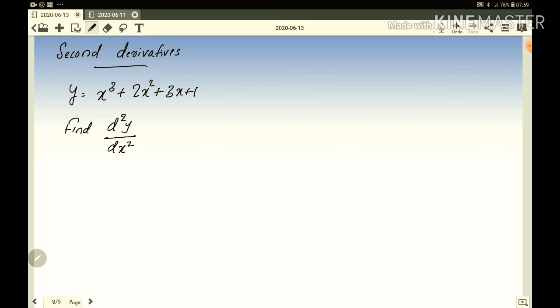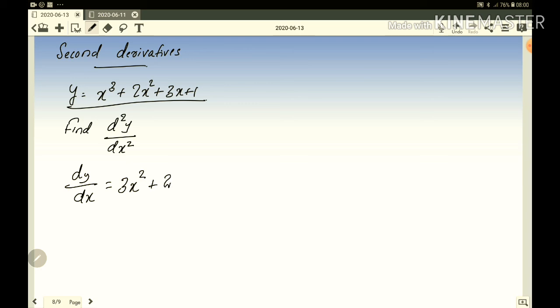Y is given. First you have to find dy by dx. So what is dy by dx? Straight away we can differentiate, because there is no bracket, there is no denominator in terms of x, and there is no root. So I'm differentiating x cube to become 3x square. I'm just writing like this. I hope you know, because the power is 3 minus 1. So I'm just writing 2. Once you are good in this one, don't write 2 minus 1, 3 minus 1. That minus 1 is in the rules for differentiation. Just straight away we can write the answer.